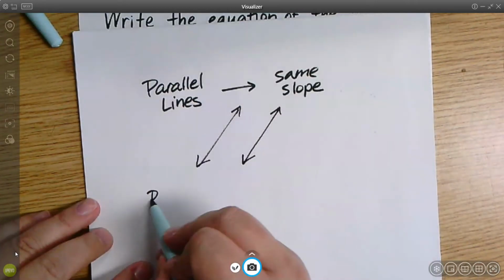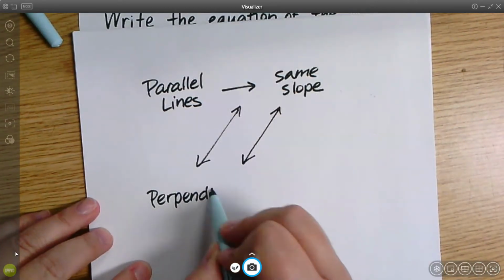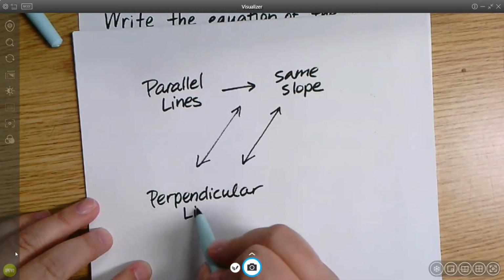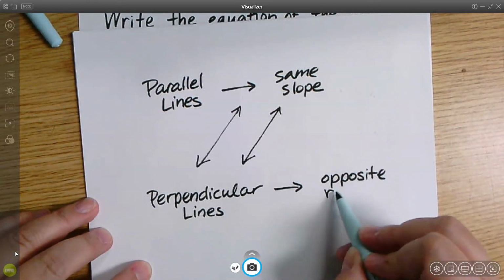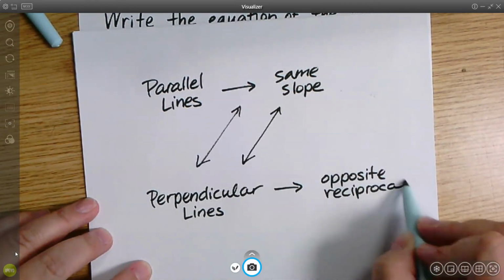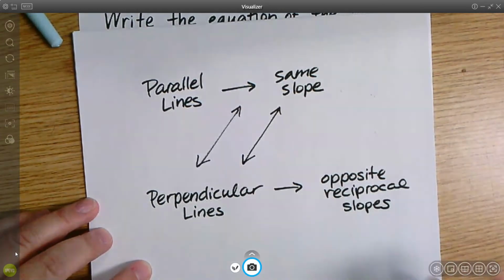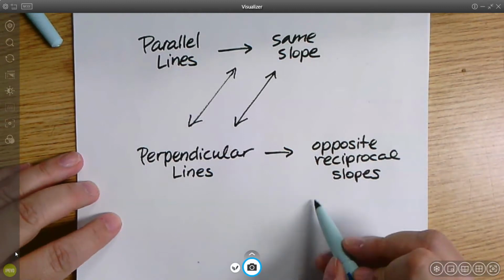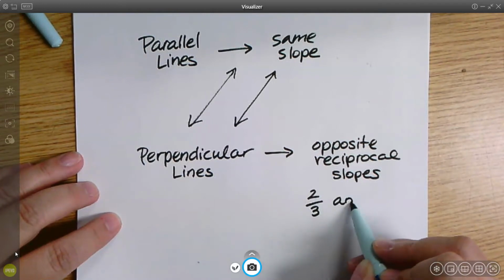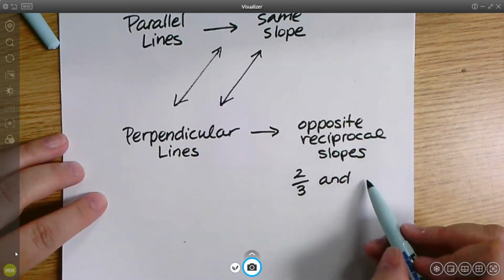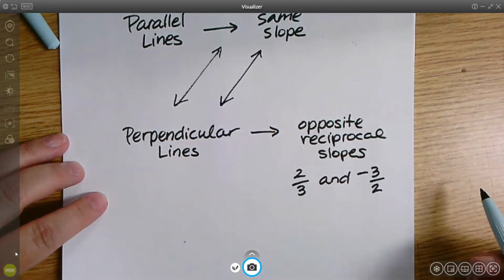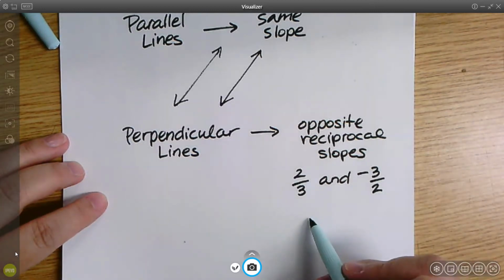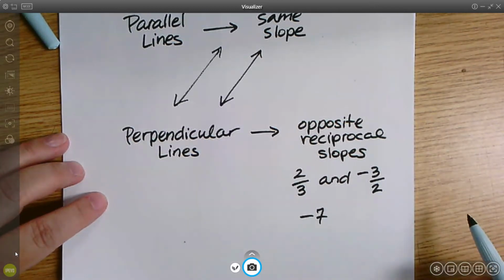All right, perpendicular lines have opposite reciprocal slopes. Okay, that means, let's say you have a slope like 2/3. An opposite reciprocal of that would be the opposite sign, negative instead of positive, and flip it over. That's what reciprocal means. Let's say you have a slope of -7. The opposite reciprocal of that,